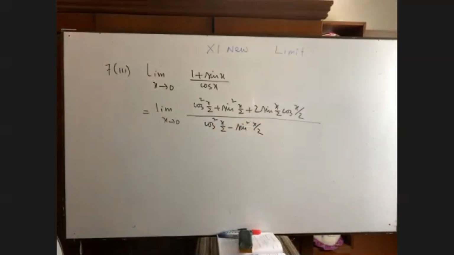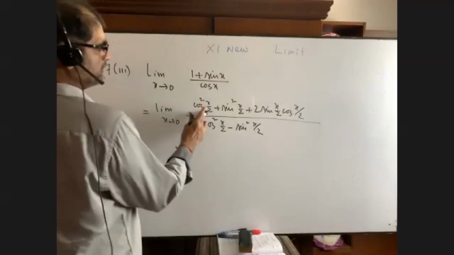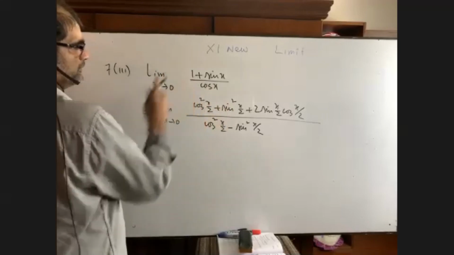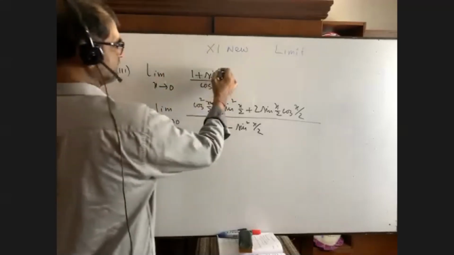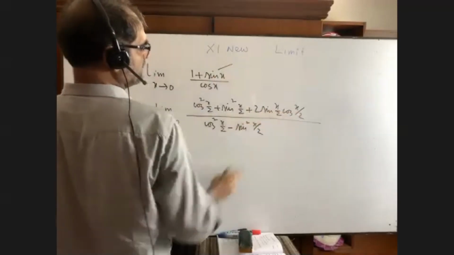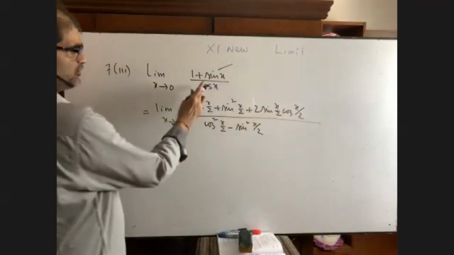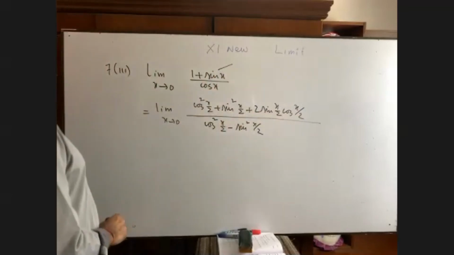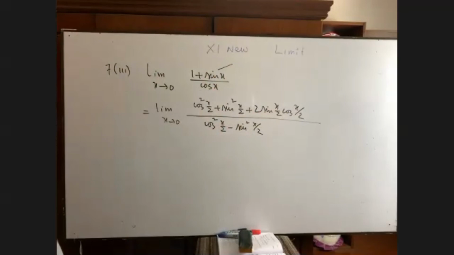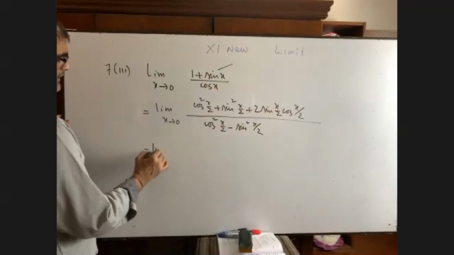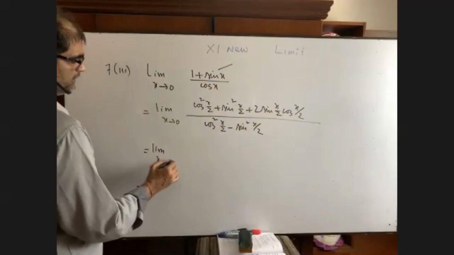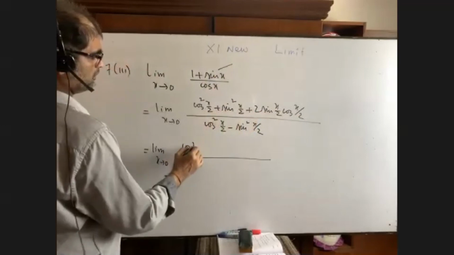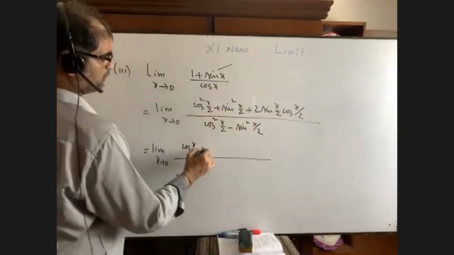Sin square theta plus cos square theta equals 1. And it is the sin theta formula, 2 sin theta by 2 cos theta by 2. It is the cos 2 theta formula, cos square theta by 2 minus sin square theta by 2. Exercise 7.6. Can you remember, please, all of you? Yes, sir. Then you see, it is cosine x by 2 plus sin x by 2.